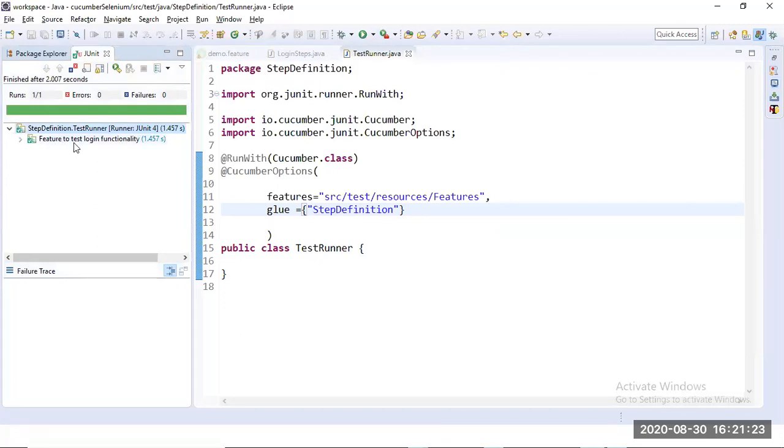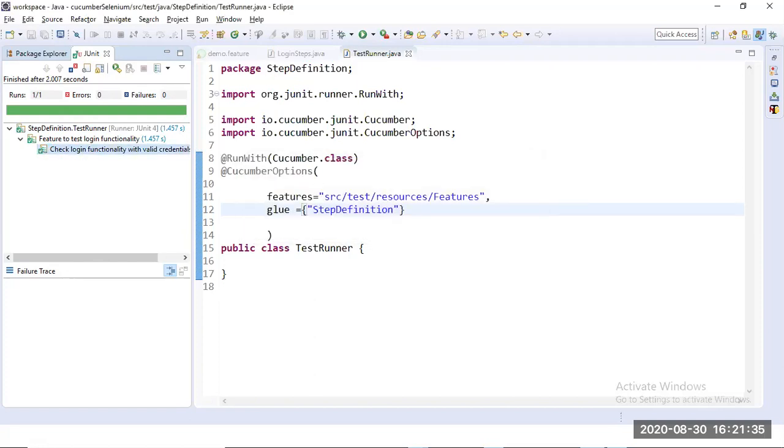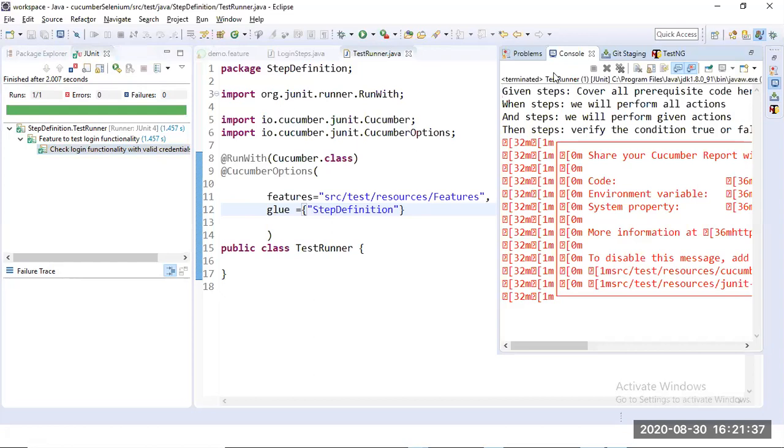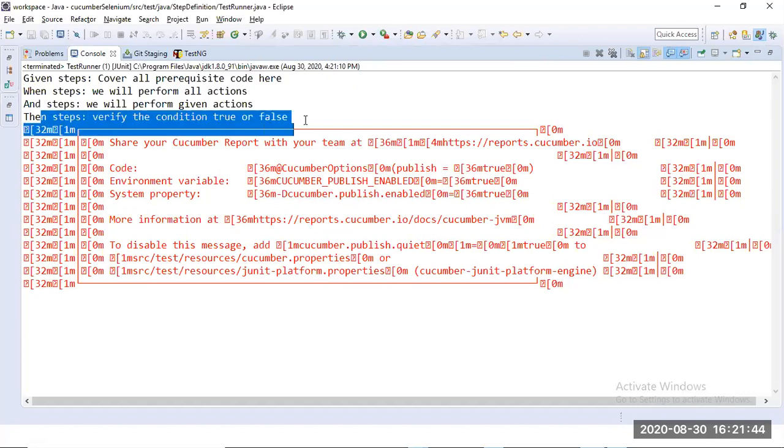We are executing the feature to test login functionality. Under that we are executing the scenario, check login functionality with valid credentials. This is the scenario we are executing. And you see all the steps get executed here: the Given step, When step, And step, and Then step also got executed.